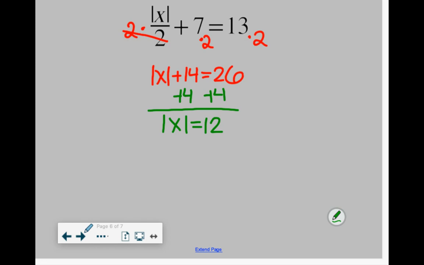Everybody else knows I forgot my 1. I thought we were just changing it. Oh, what? Your 14s don't magically change into 4s too? I make mistakes too, guys. And then we have 12 or negative